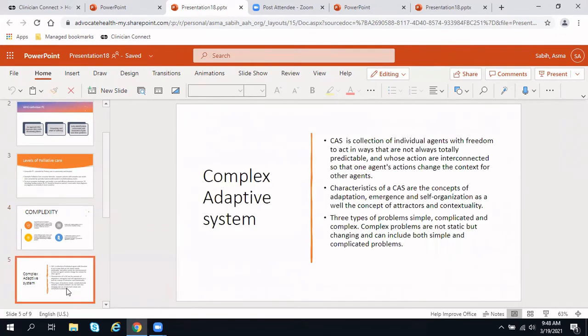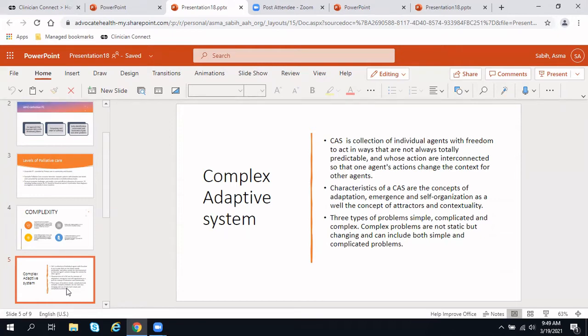Now, complex adaptive system. So what is it? It's a collection of individual agents with freedom to act in ways that are not always totally predictable and whose actions are interconnected so that one agent's actions change the context for other agents. Characteristics of a complex adaptive system are the concept of adaptation, emergence, self-organization, as well as the concept of attractors and